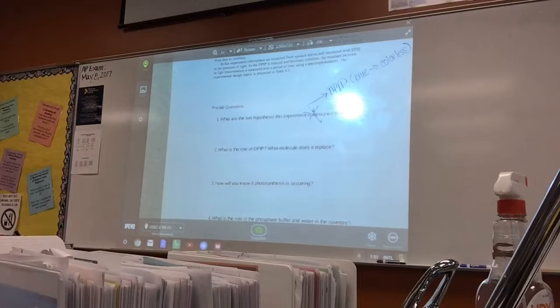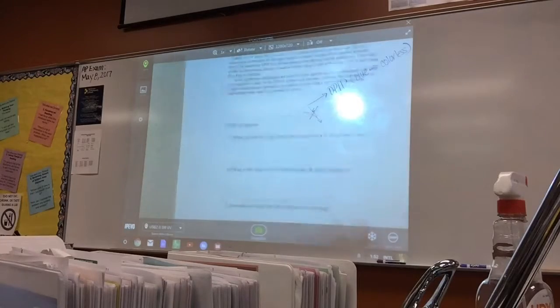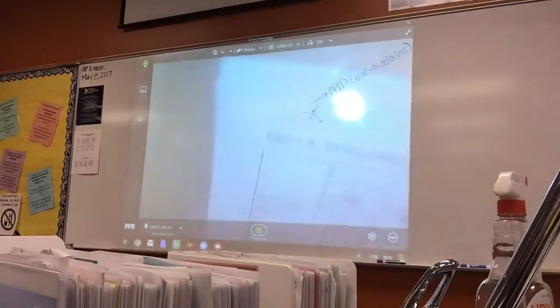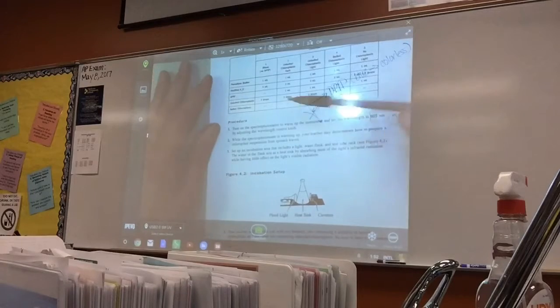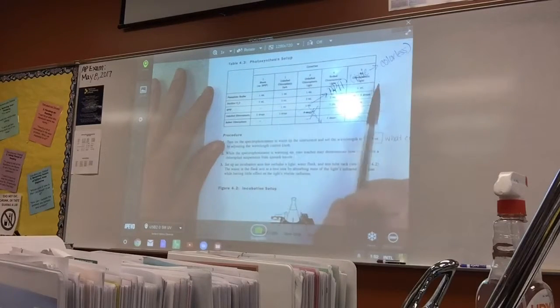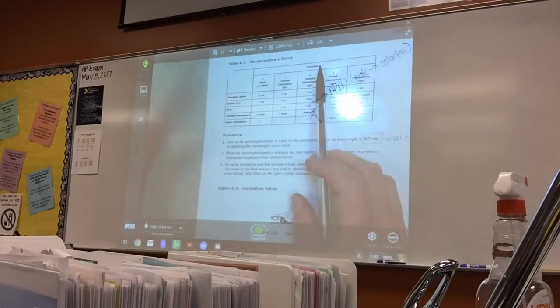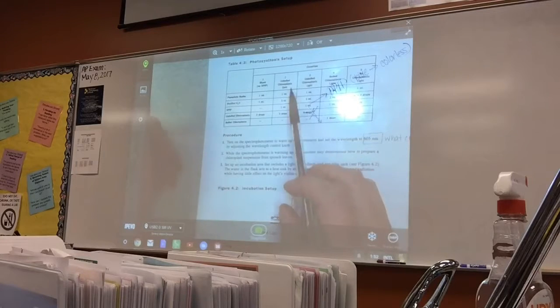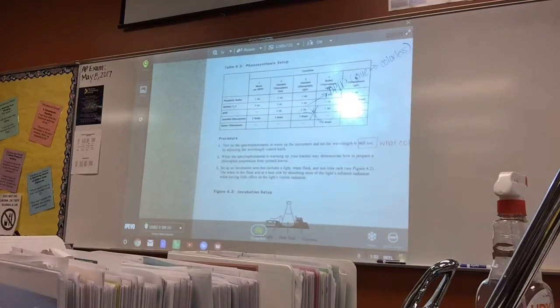So let's turn the page here before I answer that and we talk about that. Let's look at the cuvettes and just talk a little bit about that. So this shows you what goes in. A cuvette is like a small test tube, is all it is. All right, and it talks about here